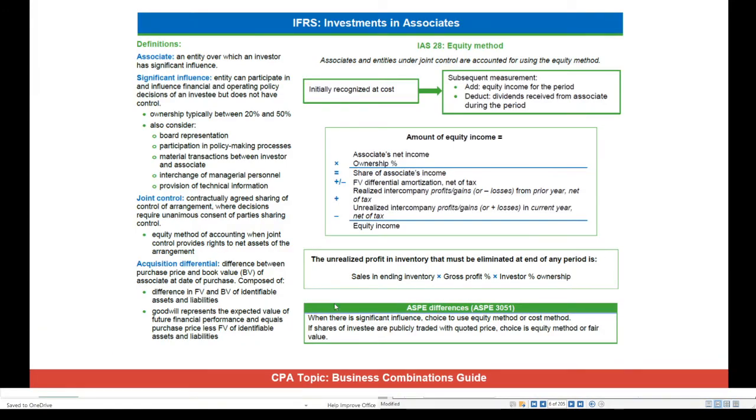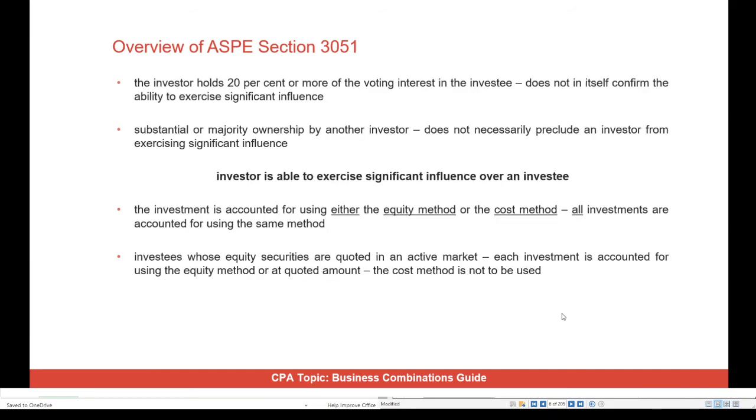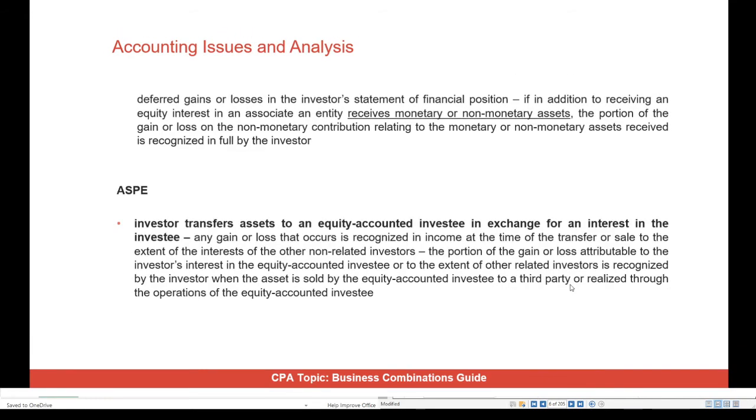Okay, so again, going back to the slides, when there's significant influence, you can choose the equity method or cost method, but in IFRS, there is no choice. Okay, so let's work through